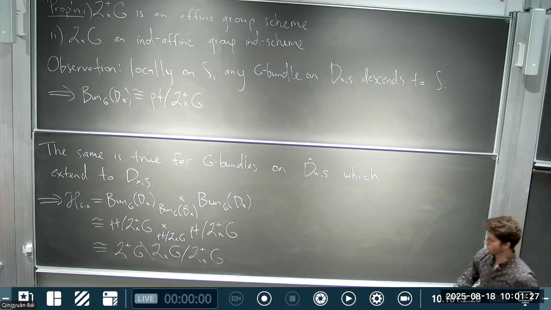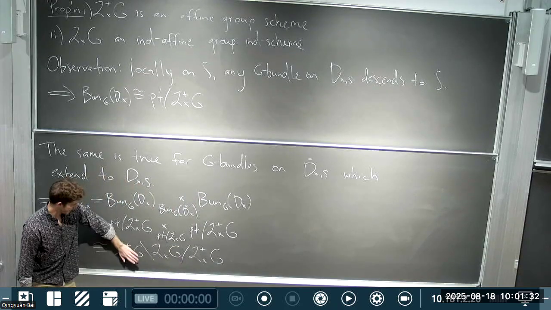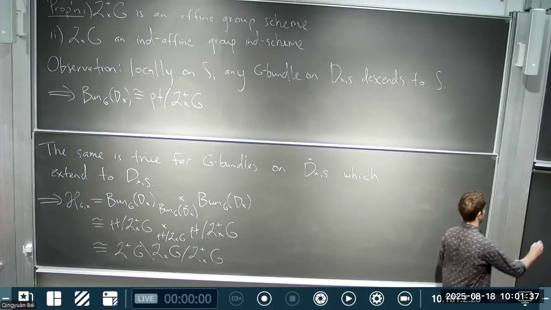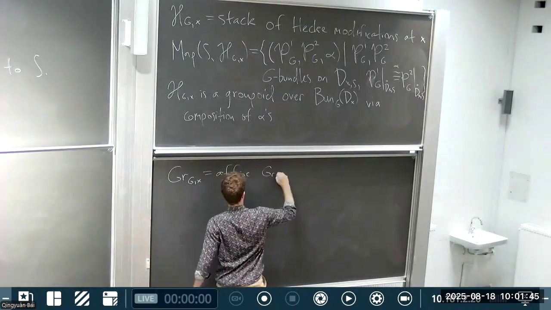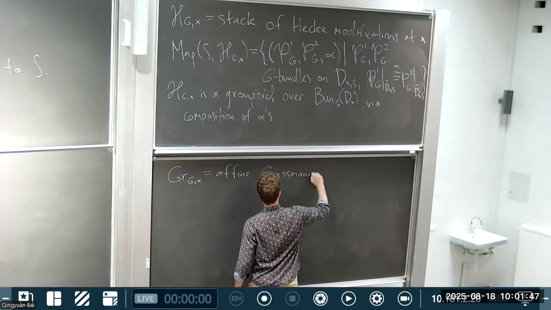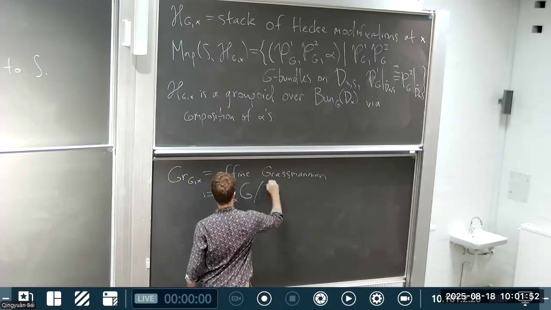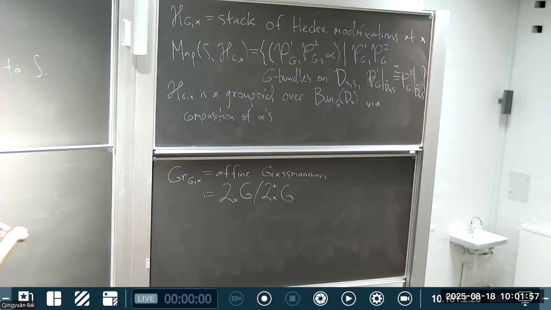Okay, so one thing I can do is this double quotient. It's a stack, but I can also just take the quotient on one side. So this gives me what's called the affine Grassmannian of G at the point X. By definition, it's this quotient. And for lack of time, I won't write the moduli space description, but you can very easily work out what it is. It's a G bundle on the disk together with a trivialization on the punctured disk. And so then you see that